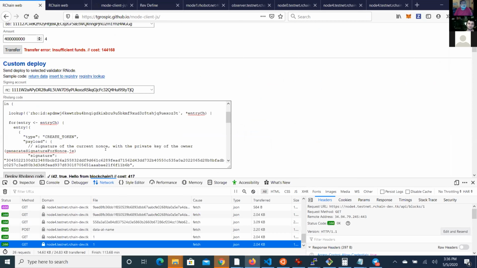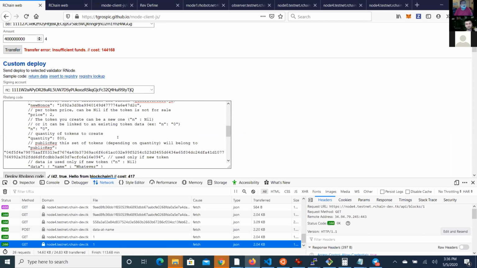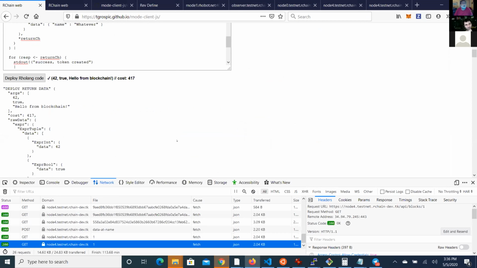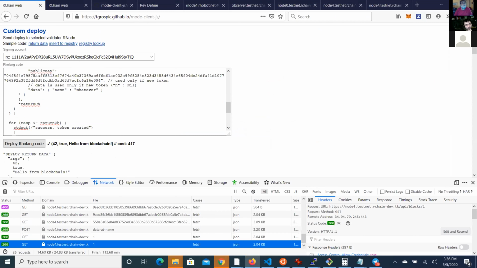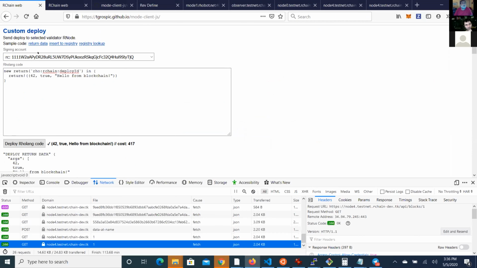Okay, if we look at, we can look at just the return data here. We can see how he creates this deploy ID and then returns a tuple with 3 values here: 24, true, and "hello from the blockchain." Okay, and then